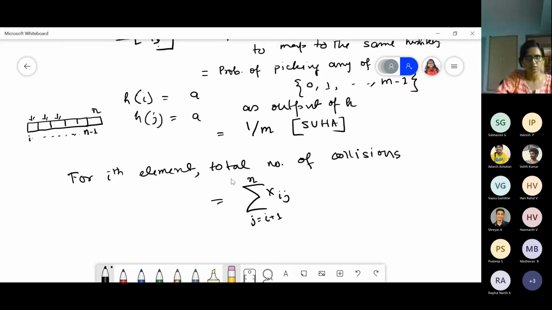I'm ending with n, starting with 1. So maybe this is 1, this is n minus 1, and say this is i. If I am taking any one element in the chain, all the elements after it in the chain have already been inserted before it. That's why they are after it in the chain.